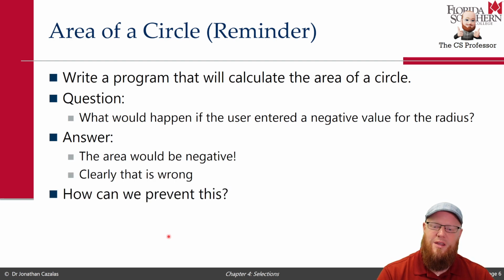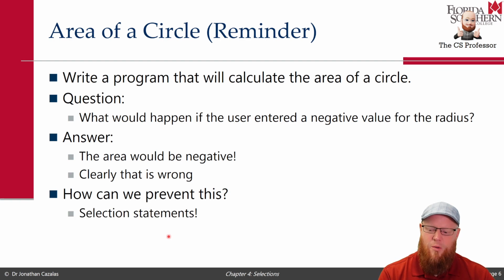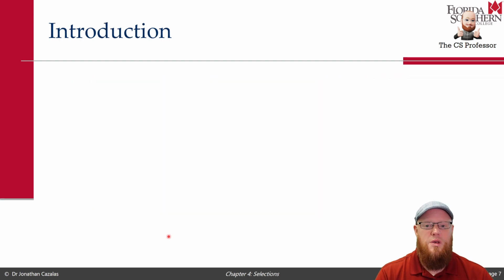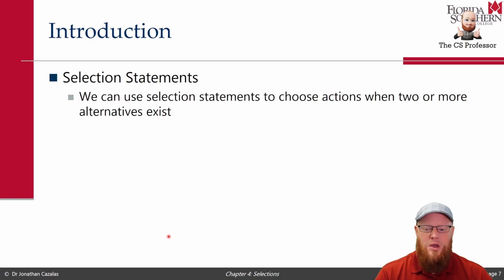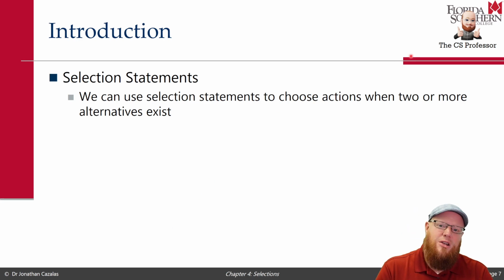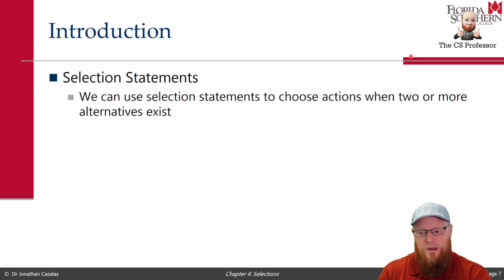It shouldn't give you a negative area. It gives us a positive area, not what we want. We solve this with selection statements, which is this if-else statement. So we can use selection statements in Python, really in most programming languages, to choose one action or another action, to choose to go down one pathway or to go down another pathway,